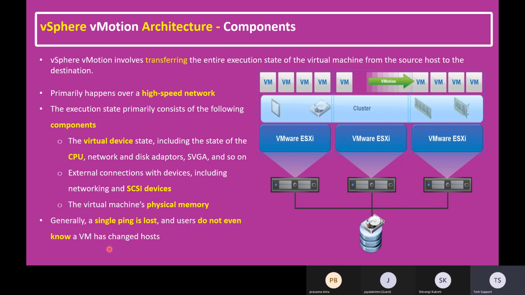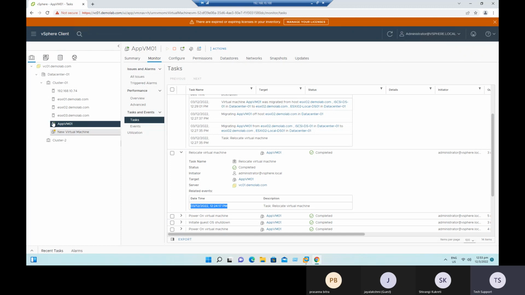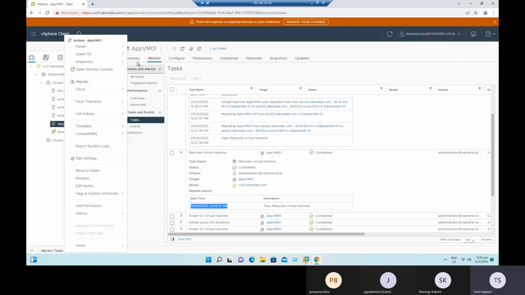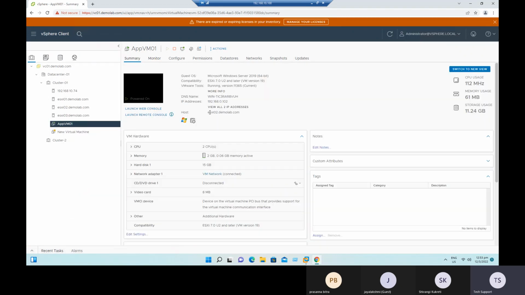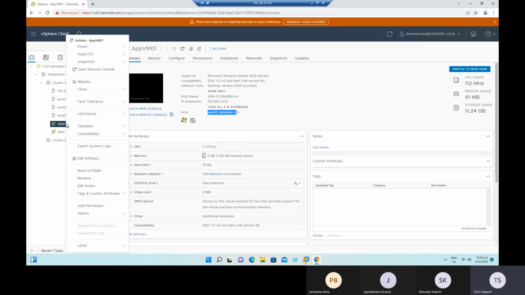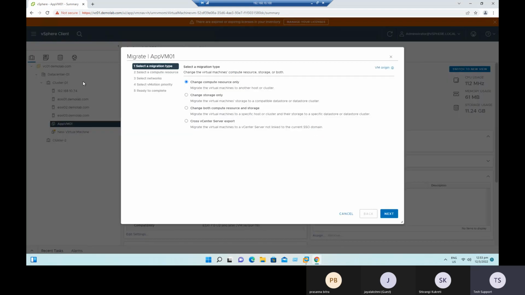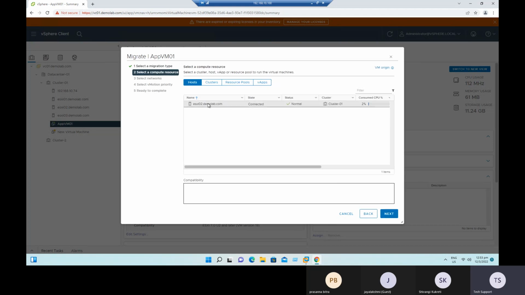Now we'll talk about technically how the vMotion works. Suppose I migrate a virtual machine. Right click the VM where this virtual machine is running, summary tab, it is running on ESX2. I want to migrate the VM from ESX2 to another host. Right click the virtual machine, go to migrate, and for vMotion the relevant option is compute resource only. So select the first option for vMotion, click on next, and here it is showing